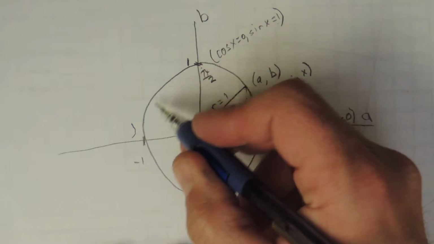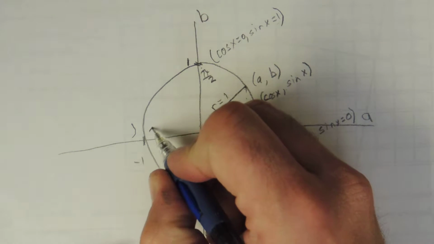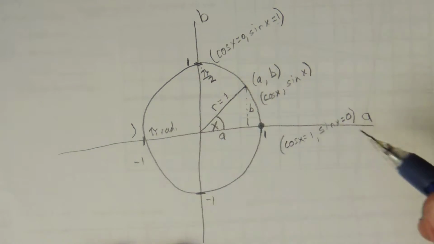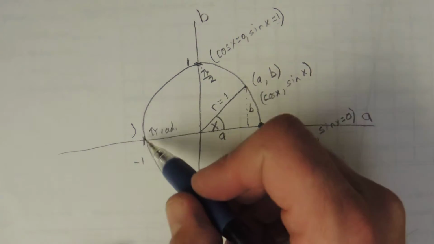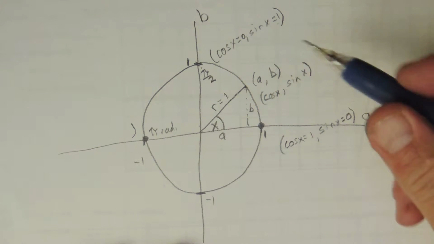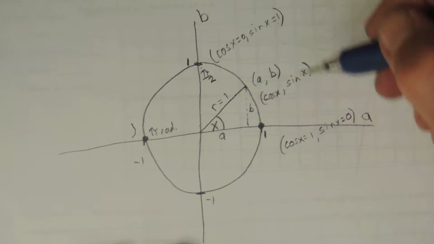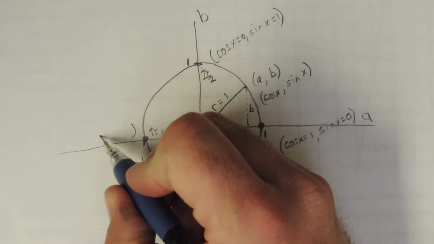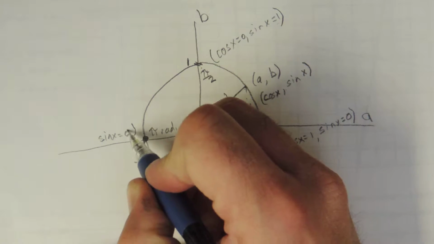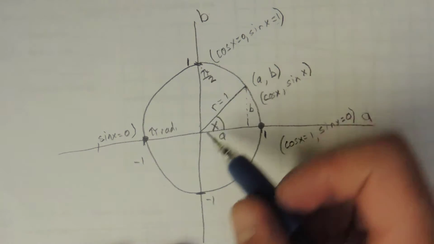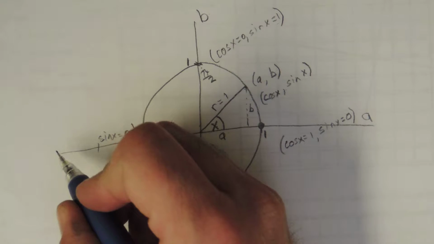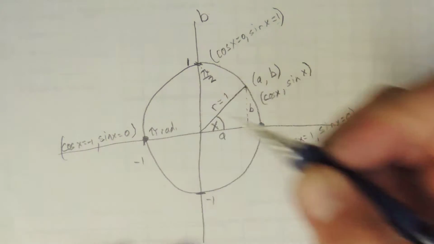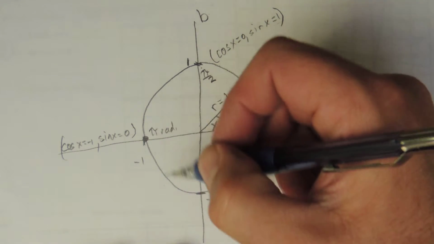I come around here, x will have gone 180 degrees, or pi radians. And my y value here at this point, my b value is 0. So my sine is 0. And my a value is negative 1. So my cosine equals negative 1. And I follow that on around